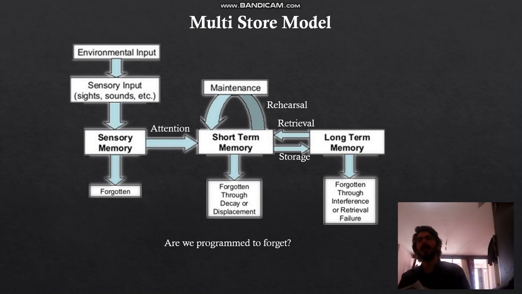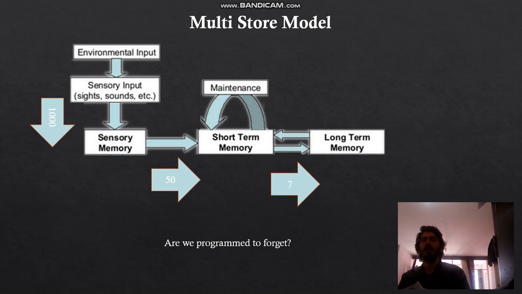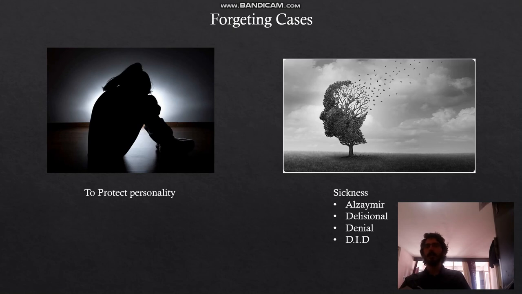Let's replace forgotten bugs with how much information is passing to the next step. As you can see, we are programmed to memorize important information. It is like questioning if the glass is half full or half empty. Therefore, my answer is no. We are not forgetting, just overwriting, which is equal. However, in some cases, people can forget or fail to retrieve information.